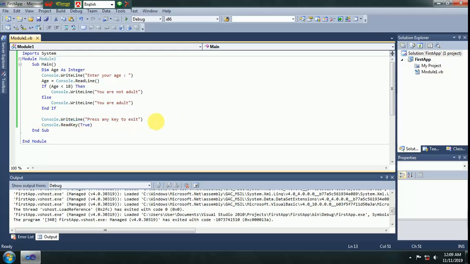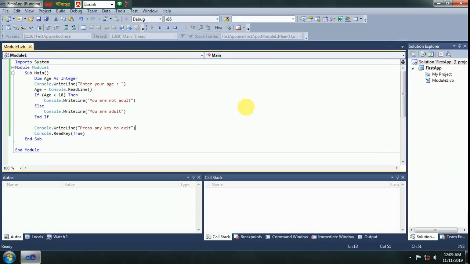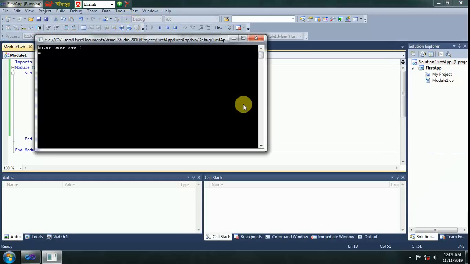Console.WriteLine("Press any key to exit"), Console.ReadKey(True). Compile. Age is